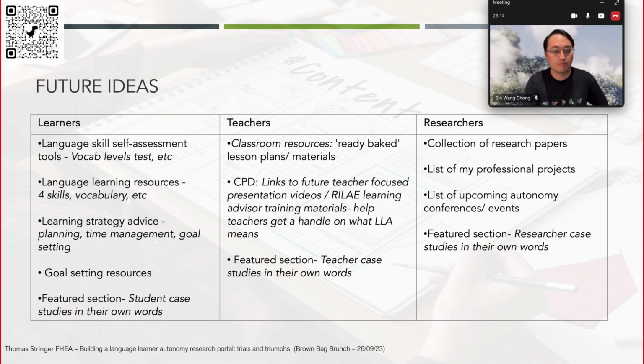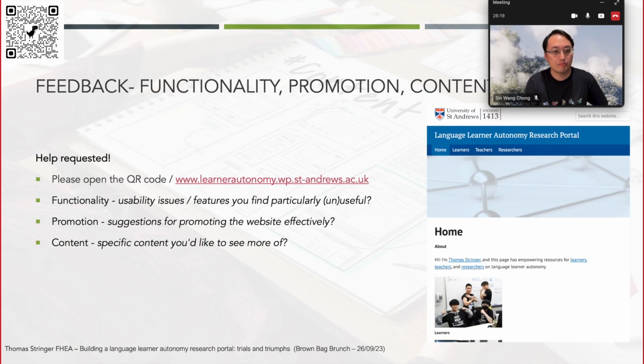But as I've mentioned, it's really just been me thinking of these things and playing with this so far. So what I'd really like is some help, some feedback on the functionality of the page, advice about how to promote it more, and on the content. You may have noticed there's been a QR code up in the top left corner of the screen the whole time. I assume most people here are on a computer, so if you want to go to that on a smartphone, you can open it straight from there, or I'll drop this link in the chat.